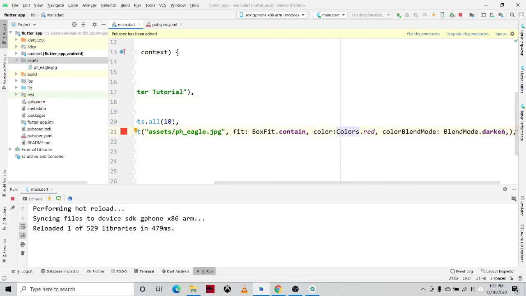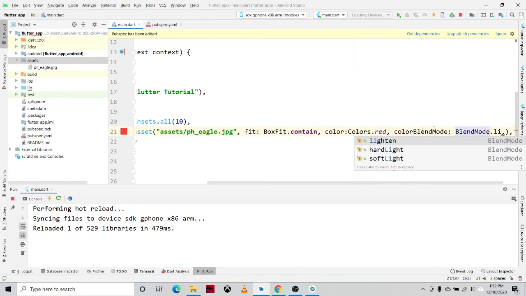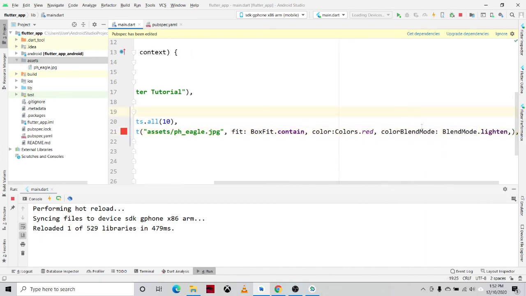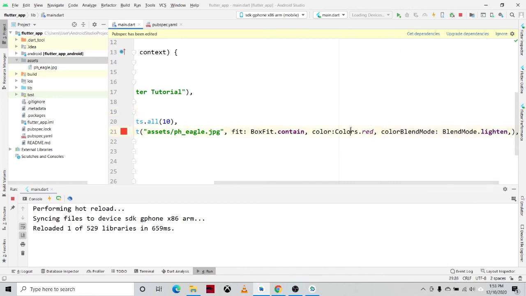How about changing this, let's say, BlendMode.lighten, and Ctrl S. Okay, so that will be the output if you want this kind of filtering to your image.